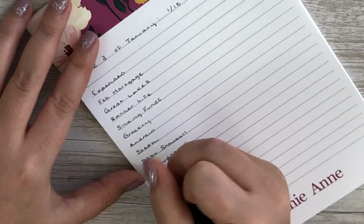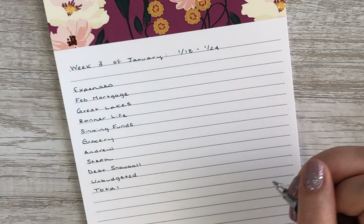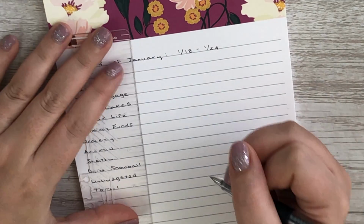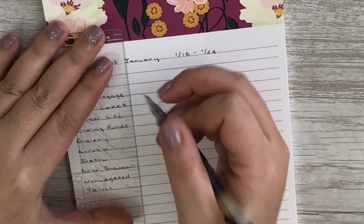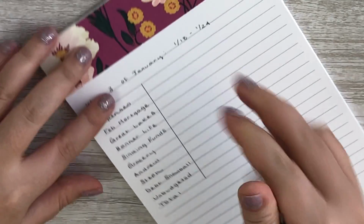So those are our expenses, and I'll put the total down here. Okay, so then I'm just going to draw my little line. I hope you guys don't mind that it's on this little notepad. I don't think it makes that big of a difference, but